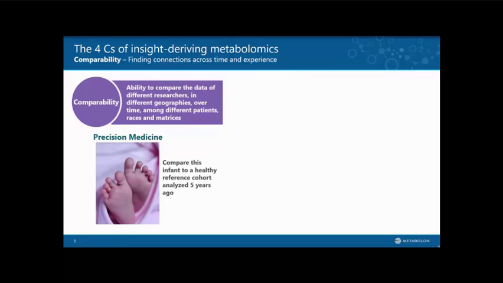i.e., as Greg described before, the ability to analyze a patient as an individual and compare them to a healthy population. Every time we want to run an individual infant sample, I can't analyze the healthy infant population at the same time. I have to be able to compare that infant today to a healthy population which was potentially run over 5 years ago. To be able to do that, you have to have a firm basis in the technology to compare the data collected at very disparate time points along the journey.